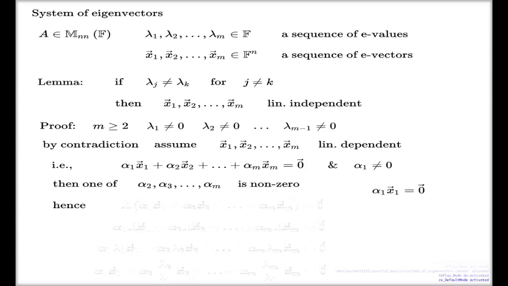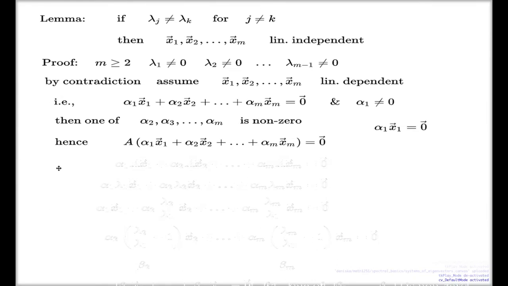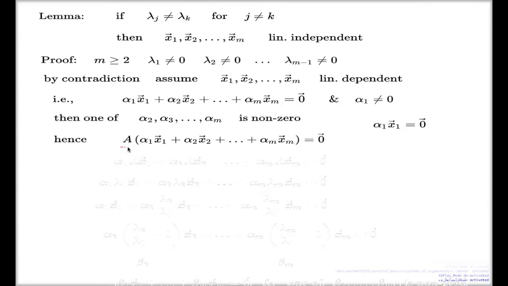Now what I'm going to do is this. I'm going to multiply this identity, left-hand side and the right-hand side, by the matrix A. Here's my multiplication. Left-hand side multiplied: A times alpha 1 x1, alpha 2 x2, plus alpha m xm. Right-hand side multiplied just returns the 0 vector straight away. Obviously, we can use the distributive law. I can put my A factor, capital A factor, next to each vector. So it will be alpha 1 A x1, alpha 2 A x2,